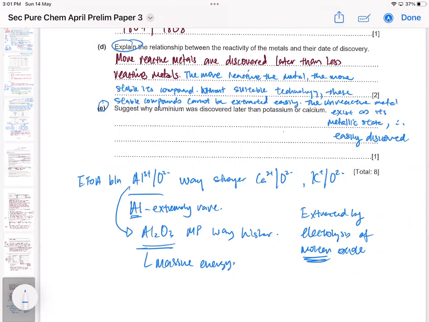And it's even worse if your ore has a massive melting point like aluminum. So at one point, the price of aluminum was really, really very high, because to break this down, it required you to use a lot of energy to turn it into a liquid state before you can even do electrolysis. So at one point, this aluminum metal was seen as the most precious metal in the world in terms of cost. And in those medieval times, it was used in all the castles by the kings and the royalty. It seemed to be a royalty metal